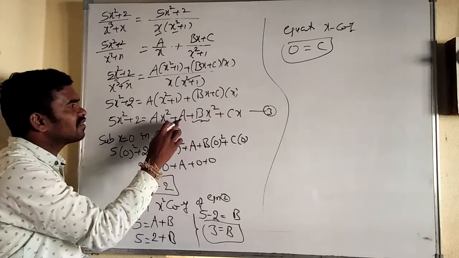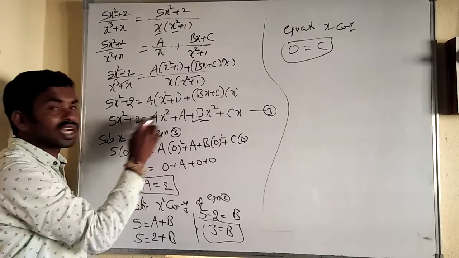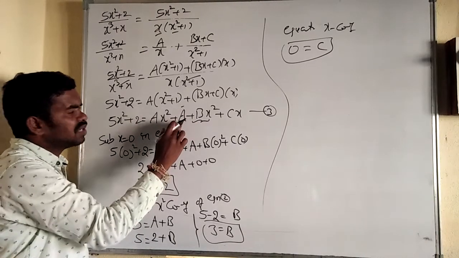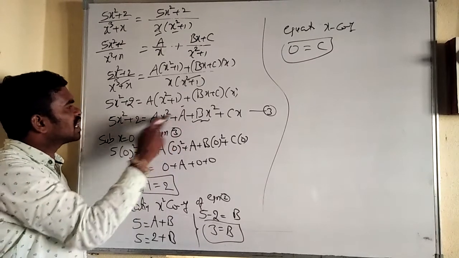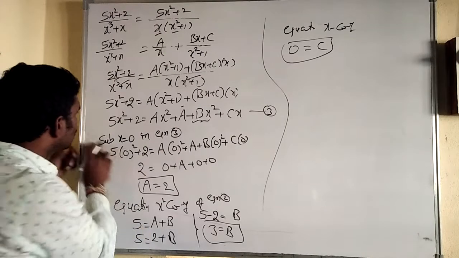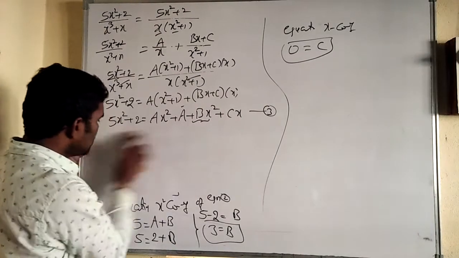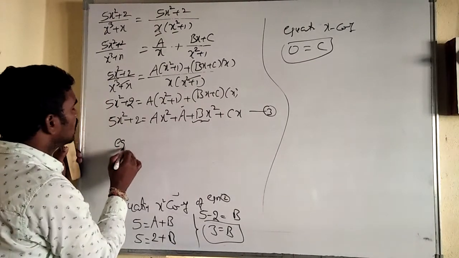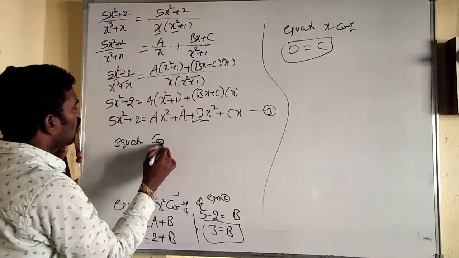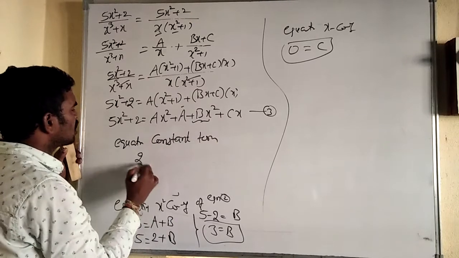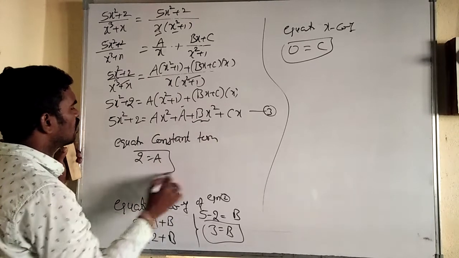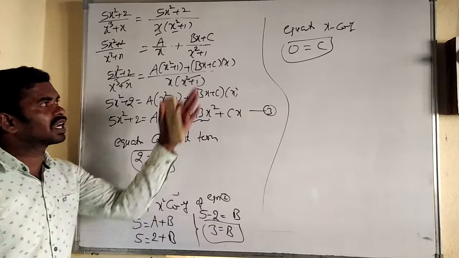See, here also we can say directly, equating constant terms: here the constant is a, meaning the term without x, and here the constant is 2, meaning the term without x. So directly we can write a equal to 2, instead of doing the other method. Simply equating the constant terms: here the constant term is 2, here the constant term is a. Got it? Only one single step we can write.